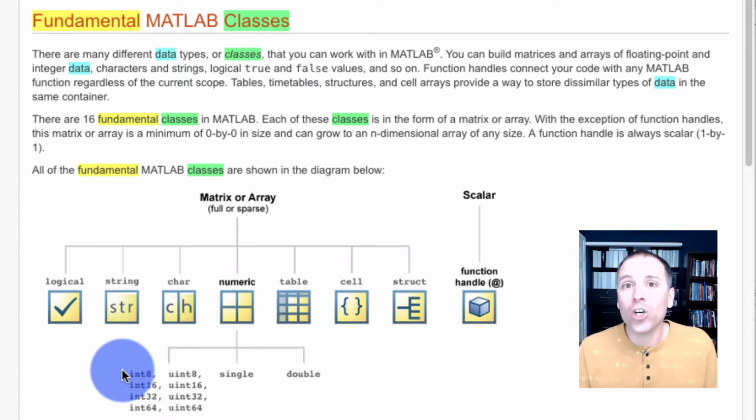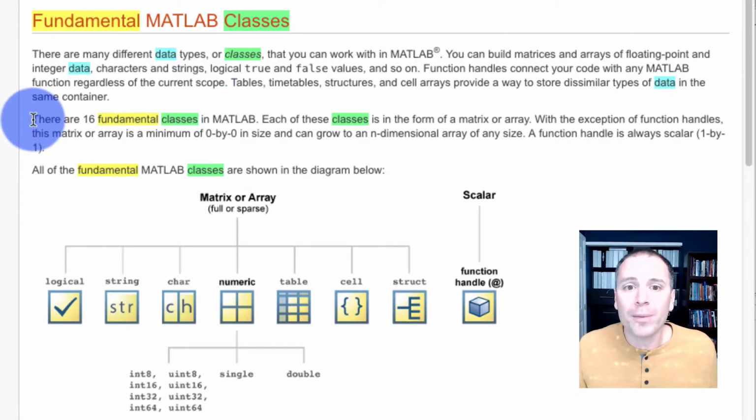So if you get good at learning how to read the documentation and teaching yourself, you won't need a teacher to actually help you learn how to decode this information. With that said, it's not easy to read this documentation, and that's why we're doing this as a team. With that in mind, let's jump into the first paragraph here. Notice there are many different data types in MATLAB. These are called classes. So types of data are known as classes in MATLAB.